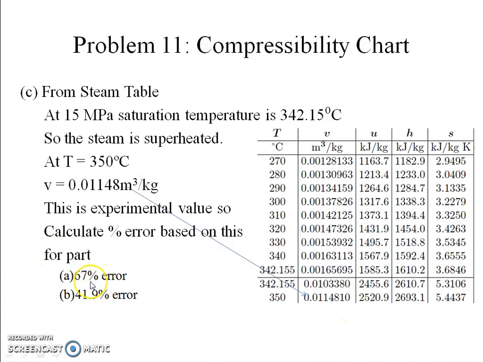The percentage error is this value minus the value which I calculated using the ideal gas equation, divided by this value again. I find that the ideal gas equation gives me 67% error. If I use a compressibility factor to improve my estimate from the ideal gas equation, then the error reduces to